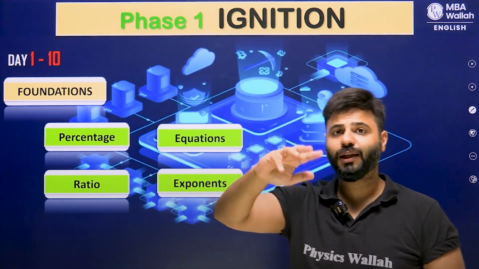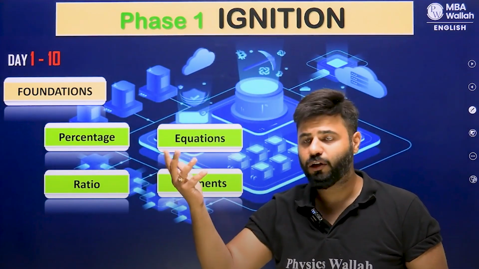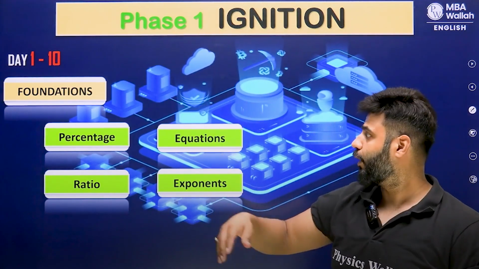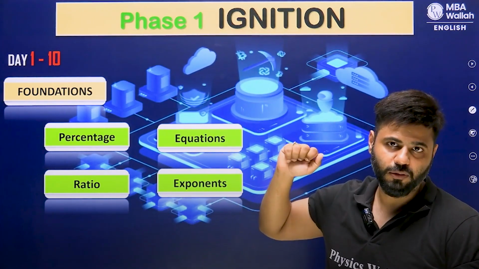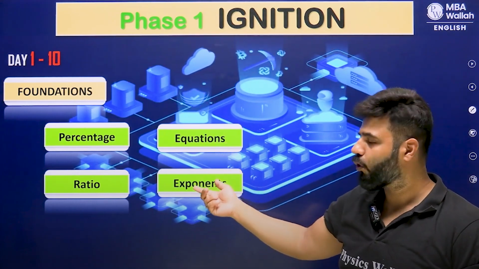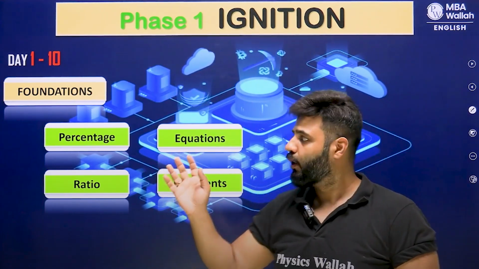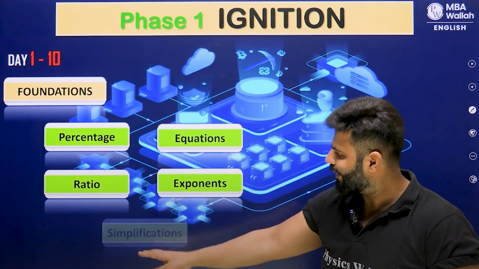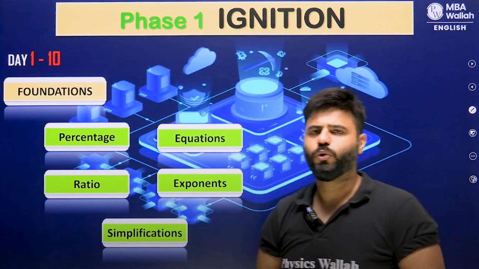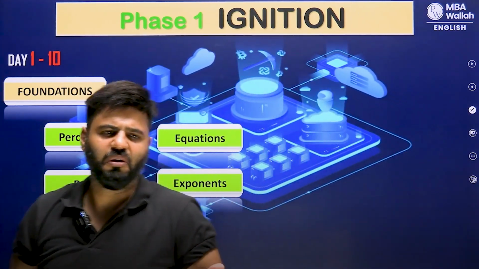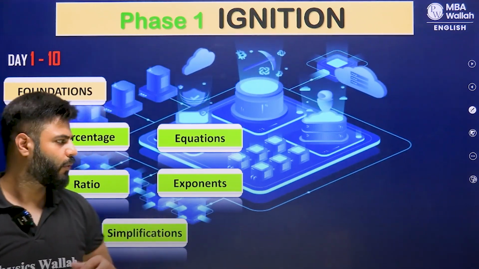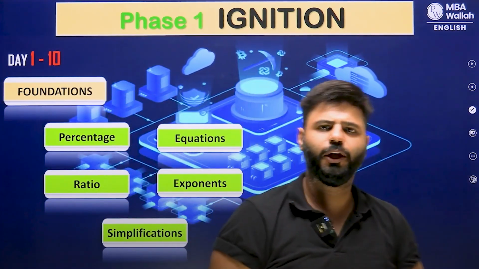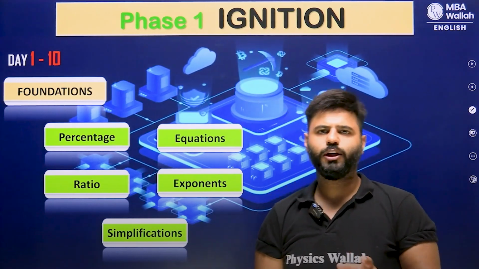So that you understand what is 20% of n, what is 20% more or less than n. You need to understand the concept of multiplying factors. You need to understand ratios, converting ratios into equations, and then solving those equations. Sometimes the equations might involve powers and turn into exponents. So these are the four areas you need to work on in the foundation, and then a little bit of simplification if you are someone who had poor maths in the early childhood days. So simplification of square roots, exponential powers, multiplication, division, fractions, decimals.